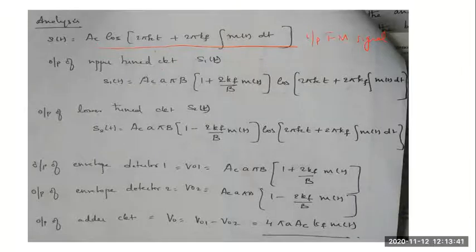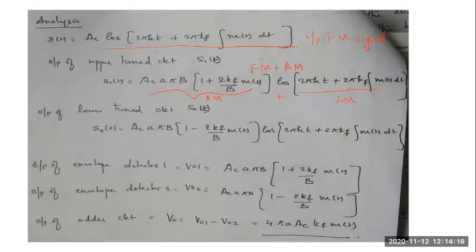AC has become AC into some more values. So this clearly shows this signal is FM plus AM. This part indicates that it is FM. This part, change in the magnitude of AC, indicates that it is AM. So remember, that's what we were supposed to get at the output of a single tuned circuit. We had to get AM plus FM signals. So you clearly see the amplitude changing as well as frequency changing. So we are getting AM plus FM at the output.